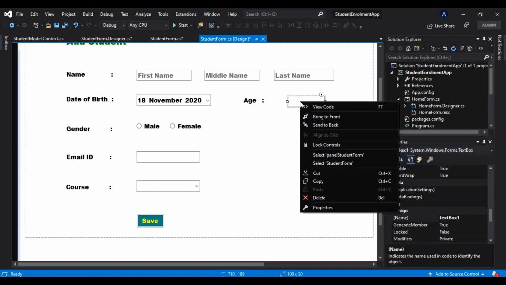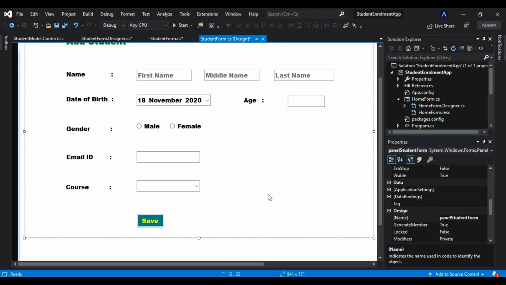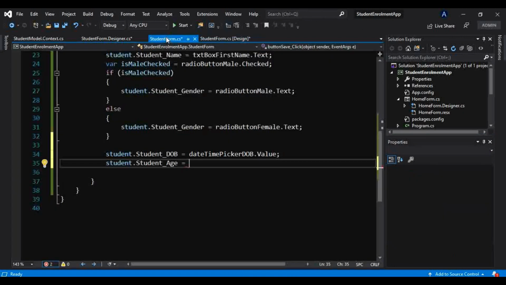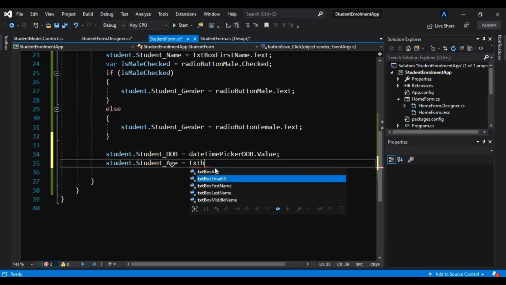Similarly, for this text box I will change the name of the text box, that is txtBoxAge. And now we will find that here. So now we have that text box age here.